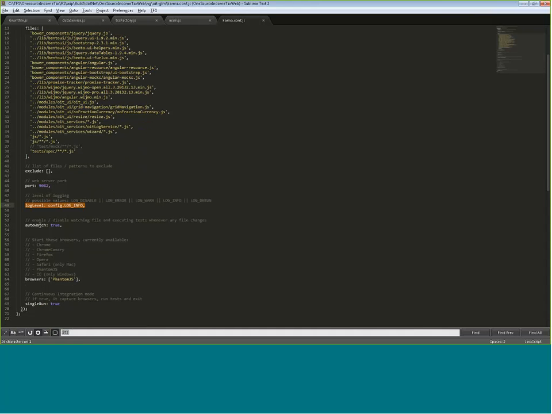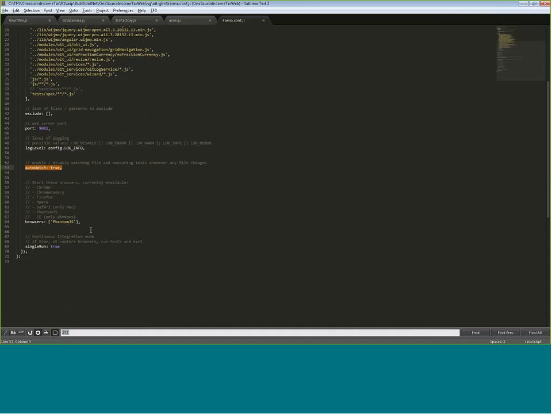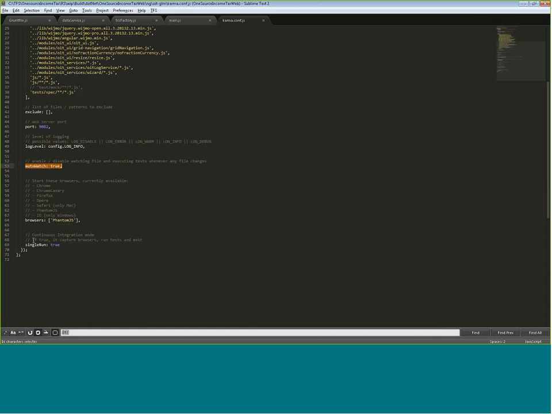Log levels, then auto watch. I'll talk about this in just a second, and then the browsers. And so this is just an array of browsers. I'm using PhantomJS, which is a headless JavaScript engine. And what that means is it will not launch a browser, but you can also put in IE if you have IE installed on your machine, Chrome, Chrome Canary, Firefox, Opera, Safari, any of the browsers,